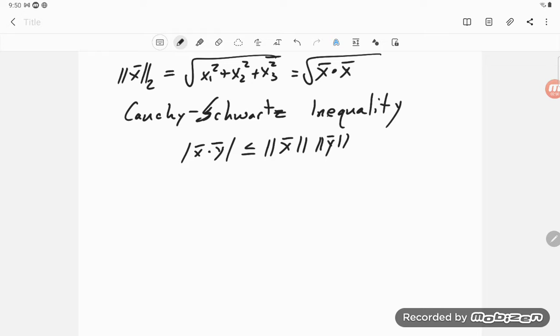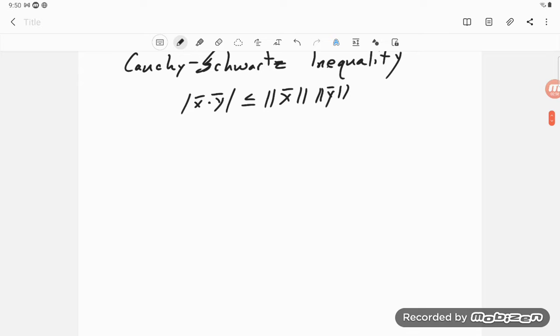Okay, so that's a very nice inequality, and again, because of that idea, then notice that if you take x dot y divided by the respective magnitudes here, that's always less than or equal to 1, and